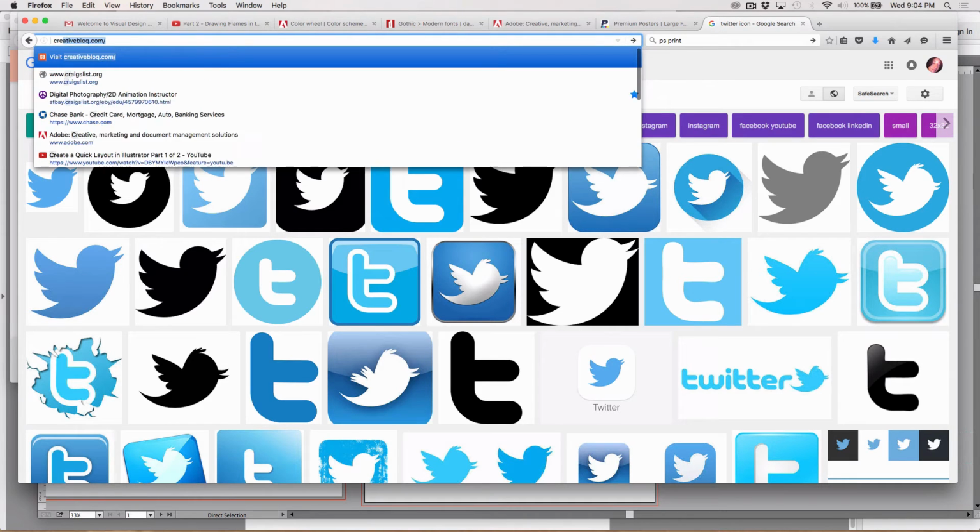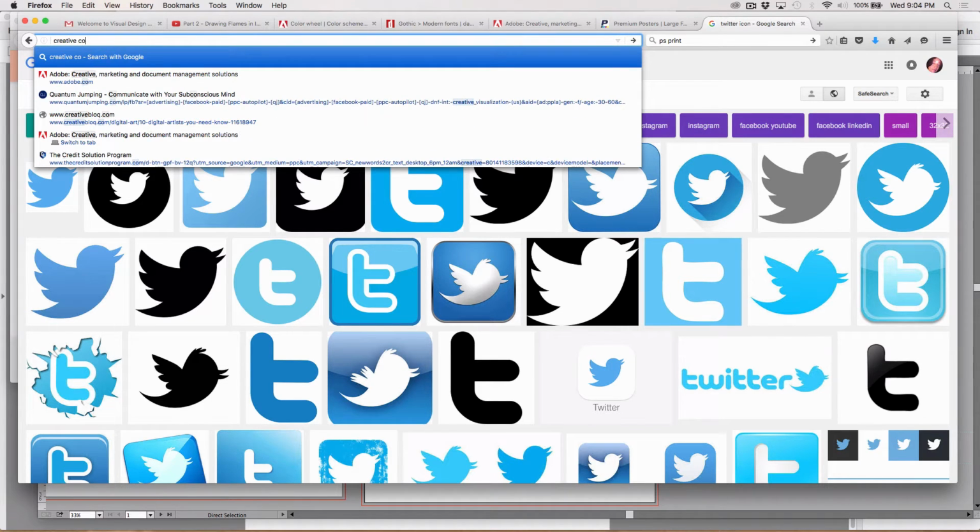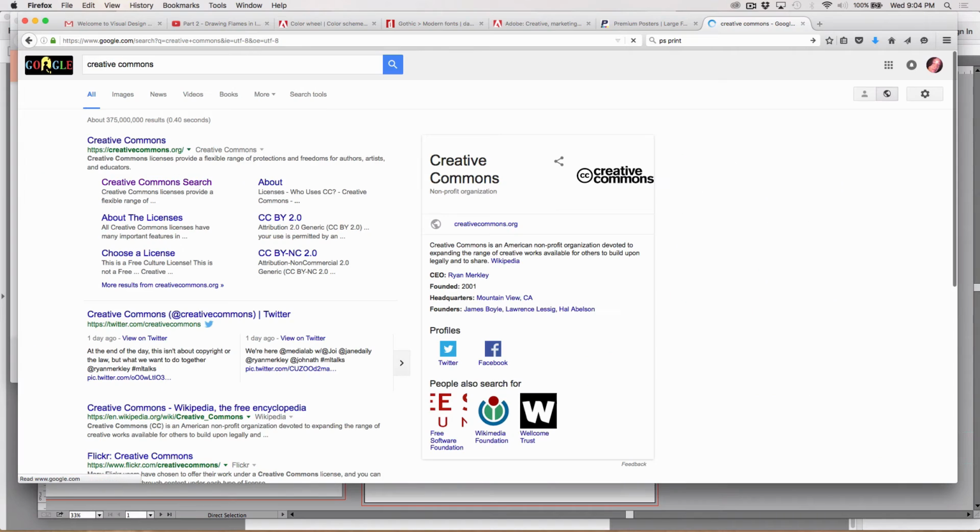This is the Creative Commons. The Creative Commons is, in a sense, all of us who make things and are willing to share them. You can apply a license if you upload your work to Creative Commons to allow people to use something for free if it's for personal or educational use, or pay you a fee if it is not. So it helps artists share their work and also protect work that is not Creative Commons. If you go to Creative Commons search here,